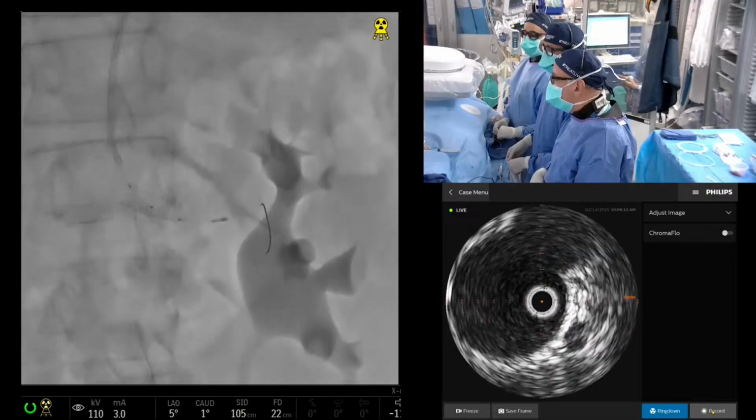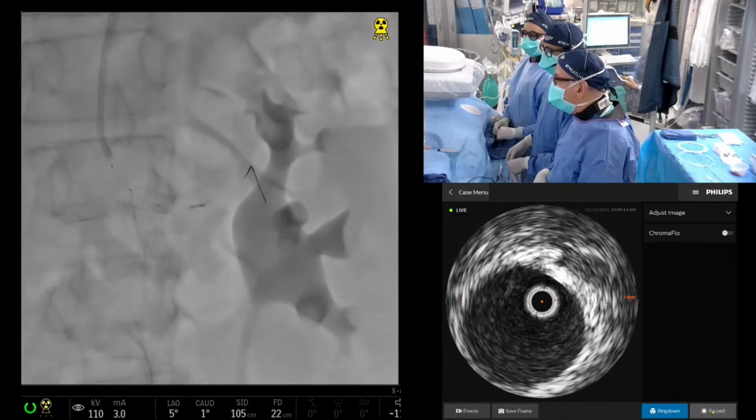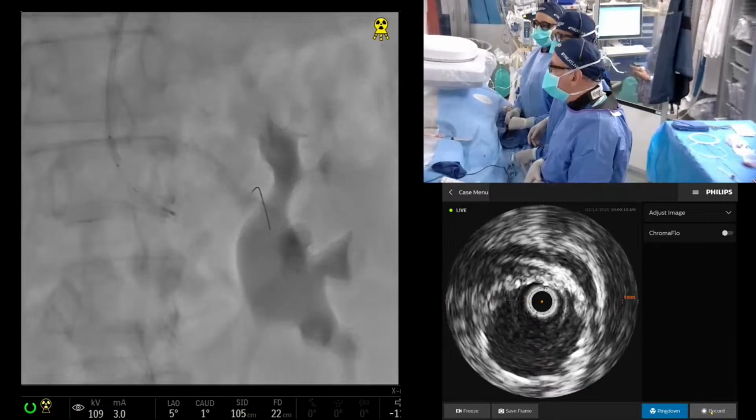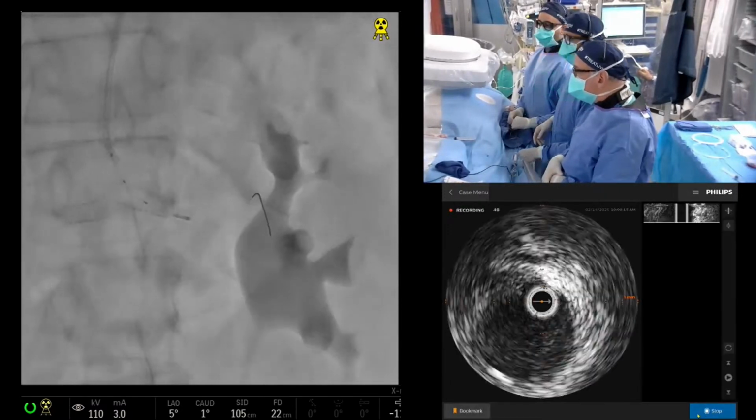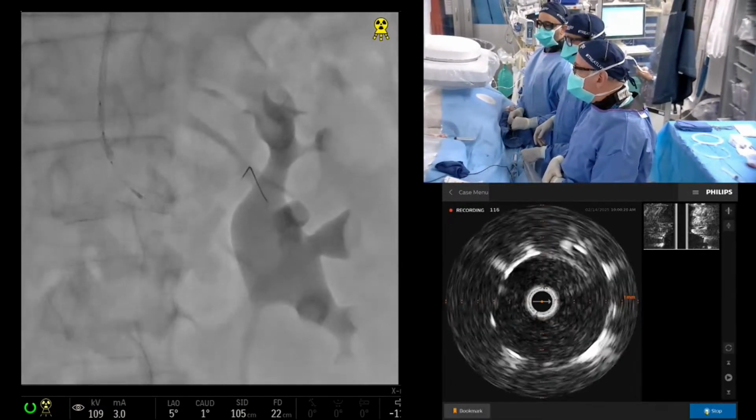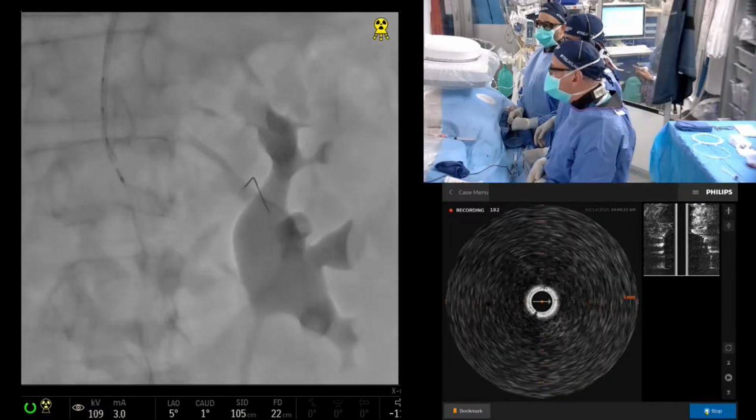I'm sure you're going to do a pullback, but that looked great going across. Yeah. Can we press record? It's a really phenomenal result. Very quickly stenting 3 vessels. It's really